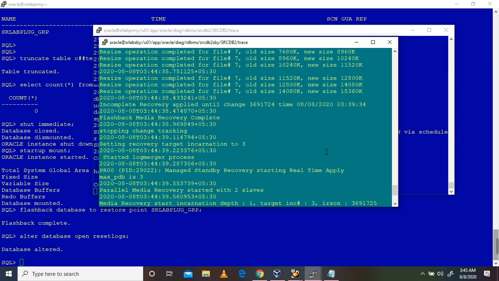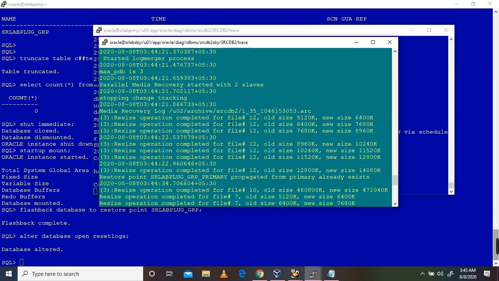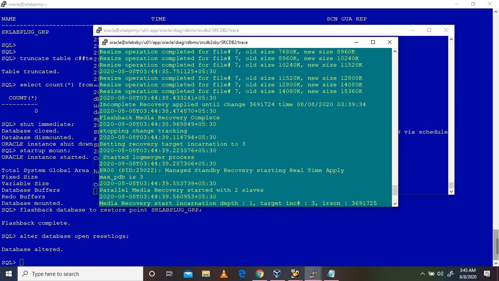It is done. You can see here in the standby side, incomplete recovery, update until change.